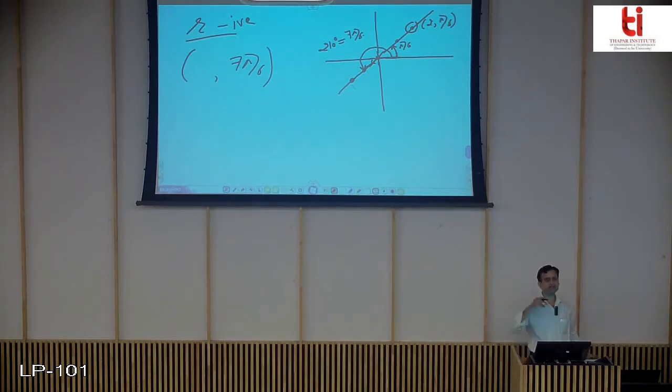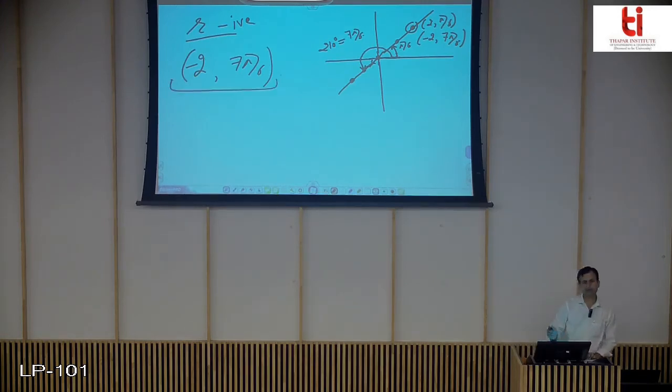So destination is lying behind the angle in which you are looking. That is pi by 3, in the direction directly opposite to the angle 210. So you will take r minus 2. That is, you are looking in this direction. You take step 1 backward, you take step 2 backward, and you get the point minus 2 comma 7 pi by 6, and you reach again the same point. So this is how, taking r negative, you can reach the same point.